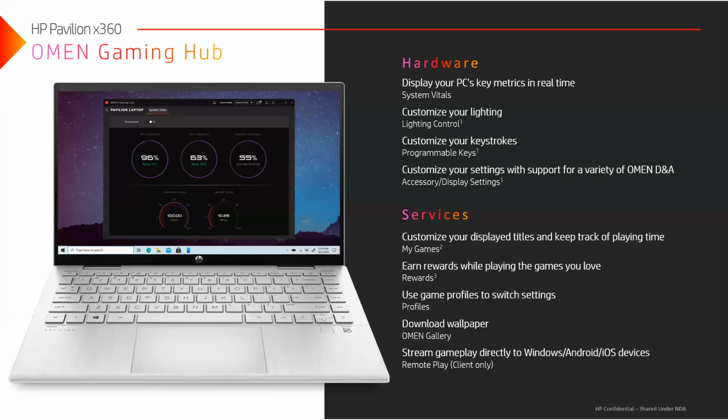And next I'll cover the streaming entertainment. So as we saw with our insights, people are playing more games during the pandemic to keep themselves entertained, even with their non-gaming laptops, and HP recognized this. So beginning with the Pavilion x360 14 and 15, we're introducing a simplified version of the gaming dashboard that will become pre-installed. So with this version of Omen Gaming Hub, users can check their system vitals like the temperature of